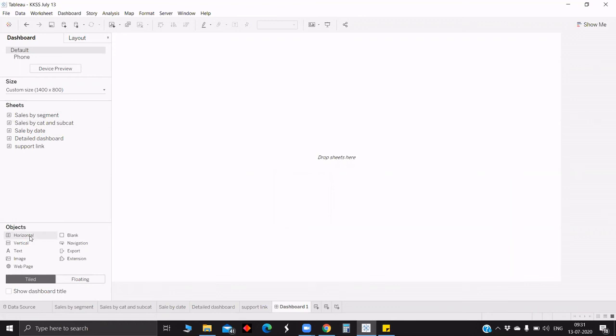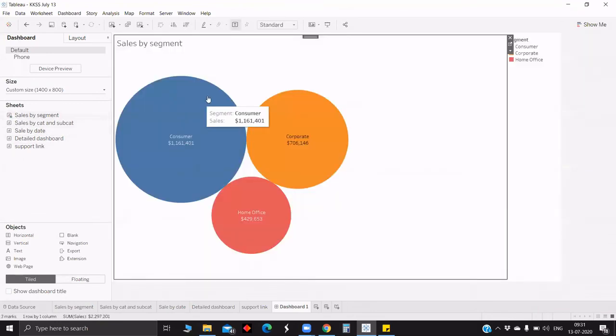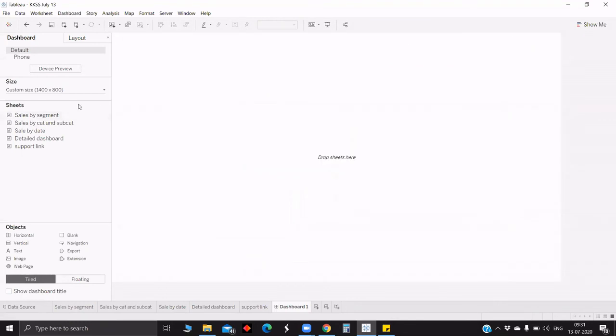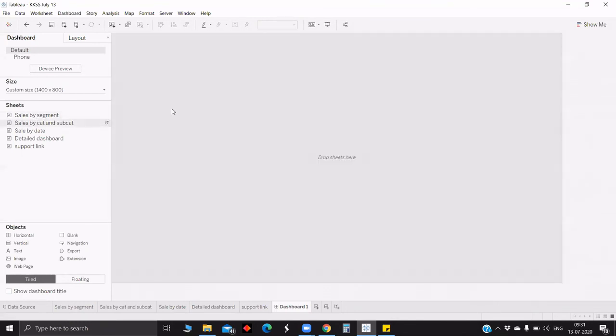Yeah, so what was the thing you talked about, the replacement? Just help me with that again, please. Yeah, so currently, for example, you have the sales by segment sheet in the dashboard and you want to replace it with sales by cat and subcat. There is no need for deleting the sales by segment and pulling the sales by cat and subcat.